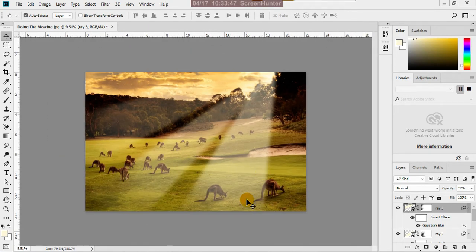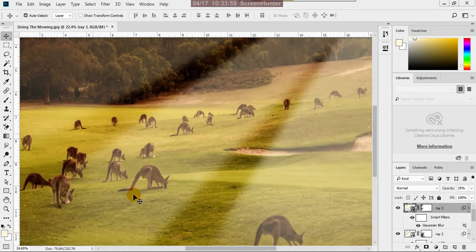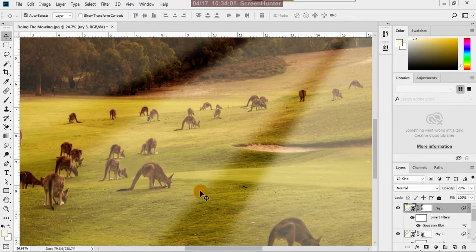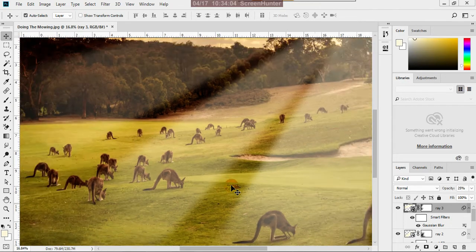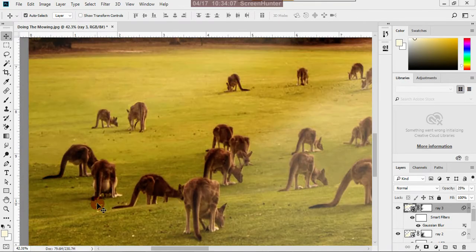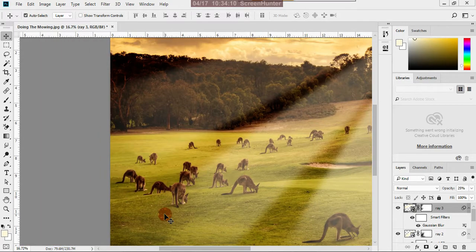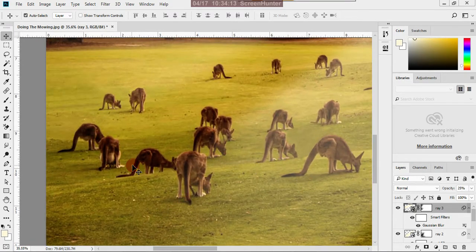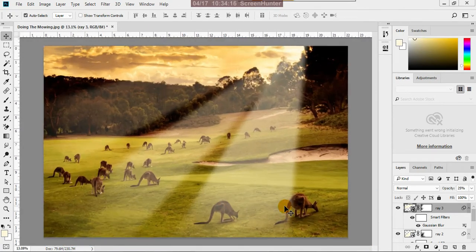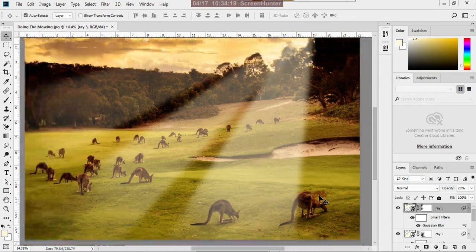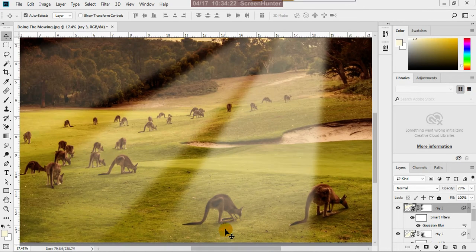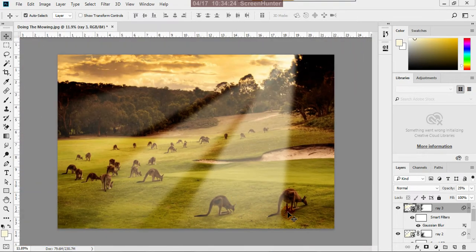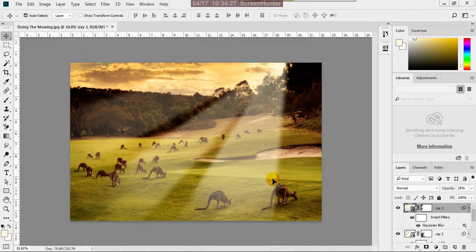Okay, so for that what I'll do, suppose light is falling here. Okay, so the shades are there, object shades are there already. These minute shades are there here, so it is not required to add shades again, because shades are there. Here also the shade is there, because sun is coming from that direction, and in the opposite direction the shade must be here. Here it is opposite only. Yes, these shades are okay, but here